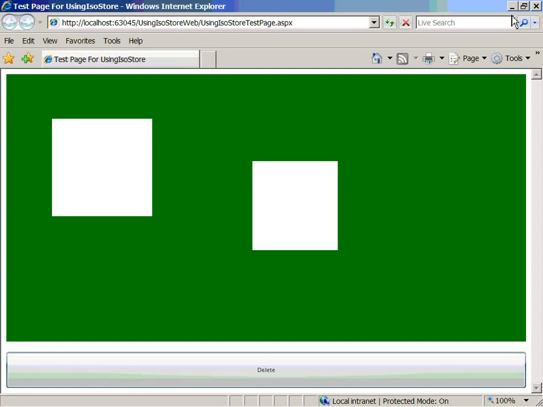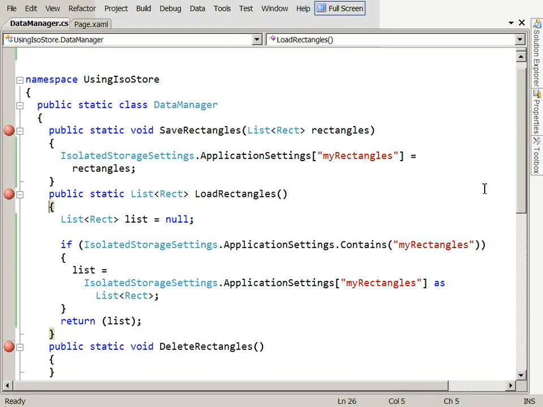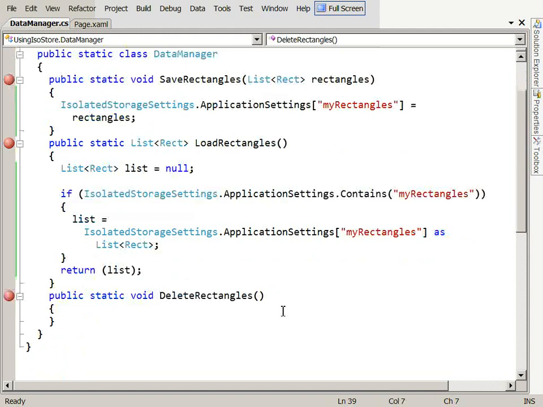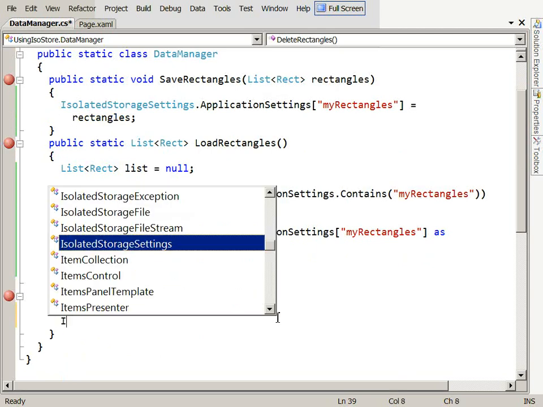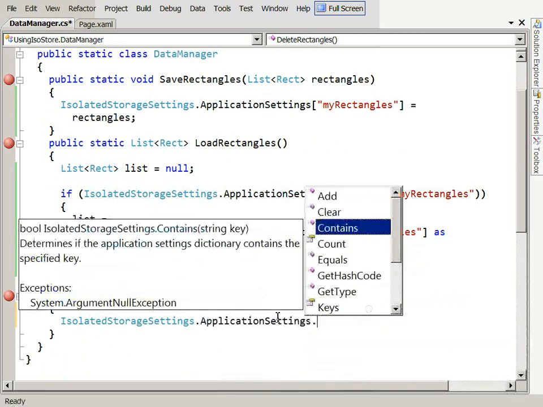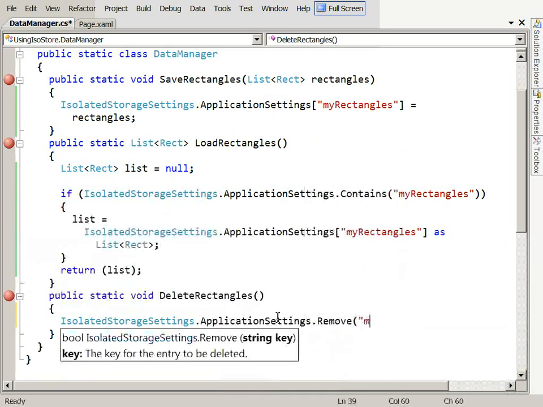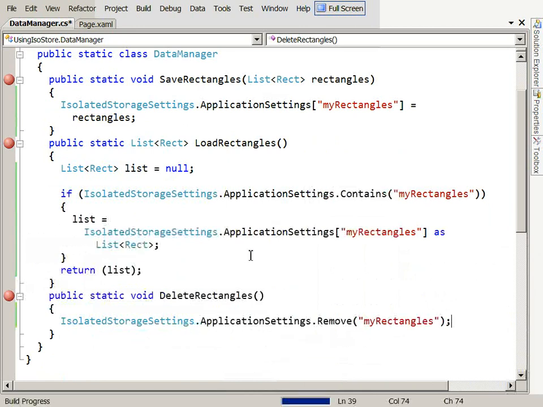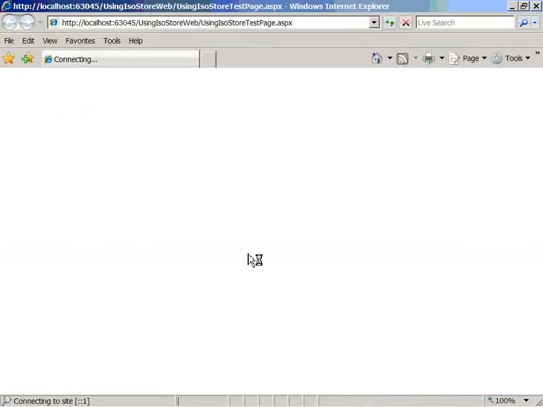If we go and implement our delete button behind this, what we could do in delete rectangles here is we could go ahead and say, well, we should really check, but we'll just say IsolatedStorage.ApplicationSettings.Remove("MyRectangles"). And if we go and press F5 now, hoping that no one presses delete at the wrong time,